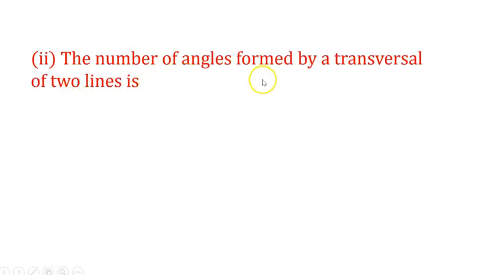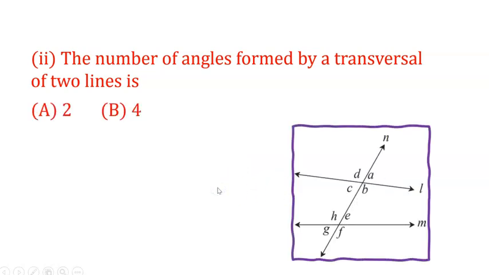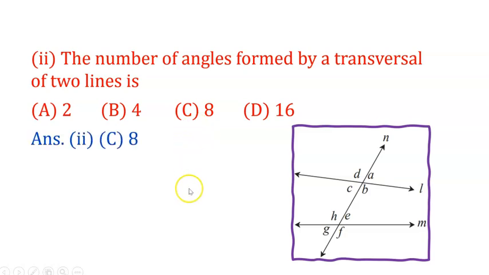the number of angles formed by a transversal of two lines is: A is 2, B is 4, C is 8, and D is 16. Okay. Now lines L and M are the two lines, and N is their transversal. If we count all the angles A, B, C, D, E, F, G, H, these are all the 8 angles, and therefore the number of angles formed by a transversal of two lines is 8. Hence option C is correct. Now next,